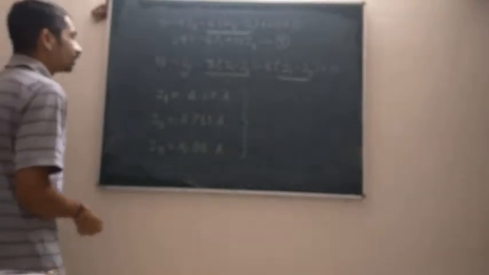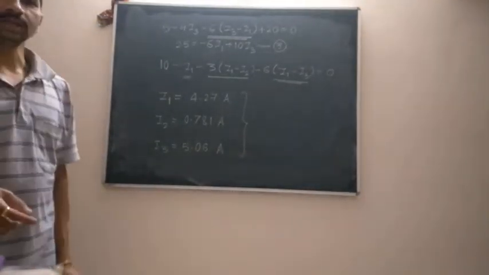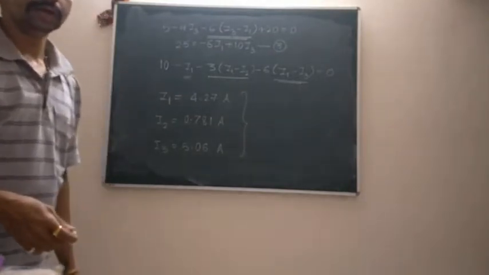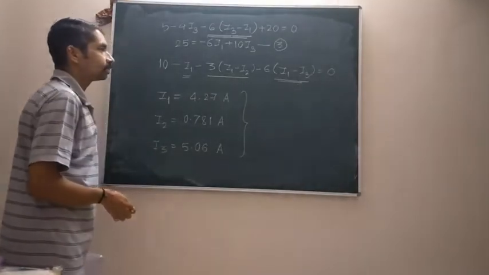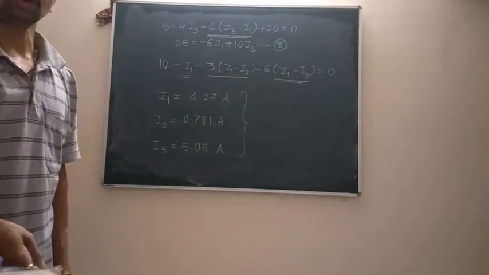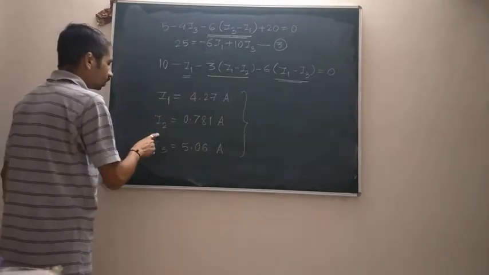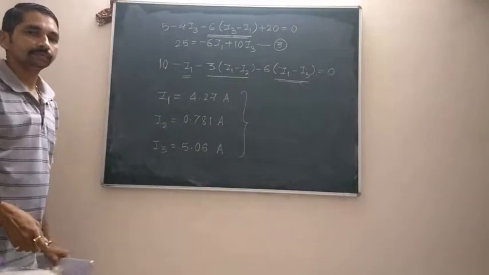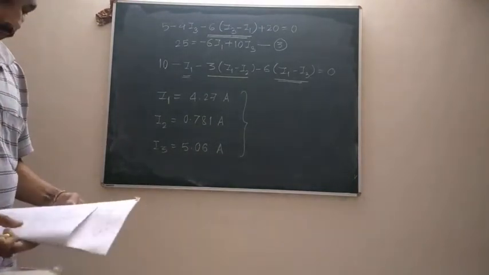As it is the very first example that we are studying, I have written all the three equations in detail. So just do this analysis by your own and check whether you are getting the same three equations as I obtained over here. These are the three values for the three unknown loop currents. Such kind of circuit you might have analyzed in BEE.